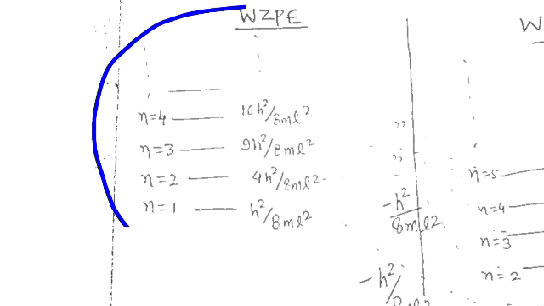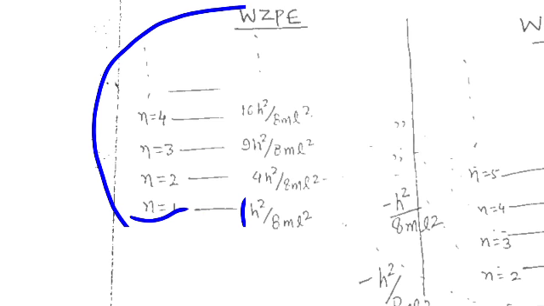This is the system without the zero point energy, in which the energy of the ground state, that is n equals 1, is h square upon 8 ml square. So in order to get the ground state energy equal to 0, please listen carefully. If you want to get the energy of the ground state as 0, what you have to do is subtract h square upon 8 ml square from each of the energy terms, so that you get the energy of the ground state as 0.